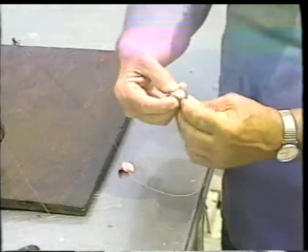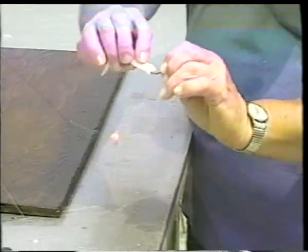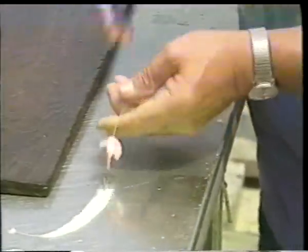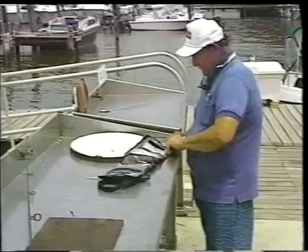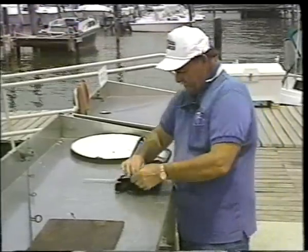What we generally do, we'll take a piece of squid like that, and we'll put the hook in maybe a ¼ inch into the strip so that it lays back nice and straight, and then the spinner will lay down against it. Now in the water, this thing spins like crazy, and it does attract fish. Generally in water that's less than 20 feet deep,